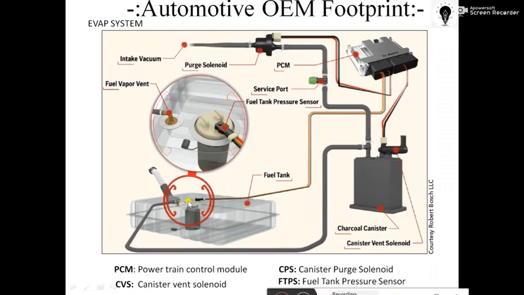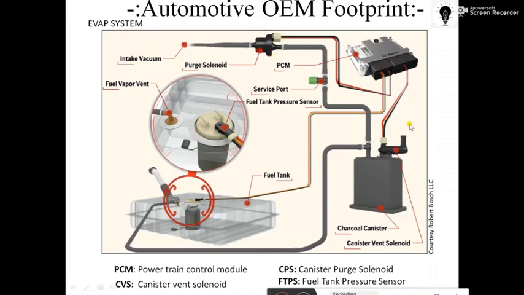So all the vapor coming from the fuel tank gets trapped over here until the engine is parked, or the engine is not in the on condition. Whenever the engine is on, the purge control valve starts to switch on and off with respect to the requirement, because whenever the engine requires a rich fuel supply, that time this purge control valve gets